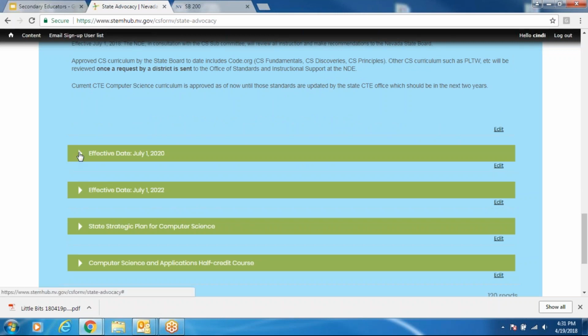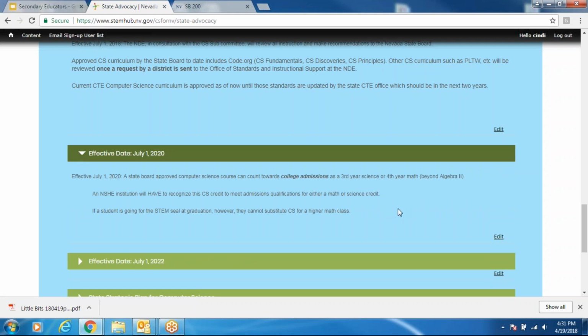So the next effective date in the bill is for 2020. That's basically saying that a state board approved computer science course, so what I mentioned before, a CTE pathway, AP computer science course, etc., can count towards college admissions as a third-year science or fourth-year math beyond Algebra 2. Okay, so an NSHE institution will have to recognize the CS credit to meet admissions qualifications for either math or